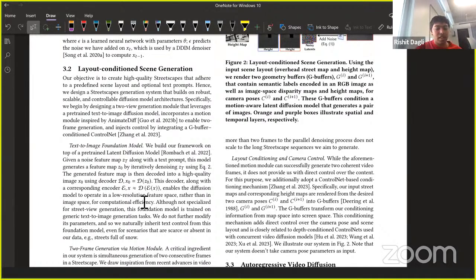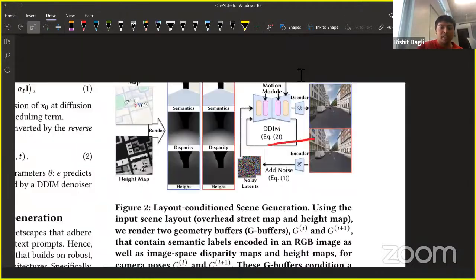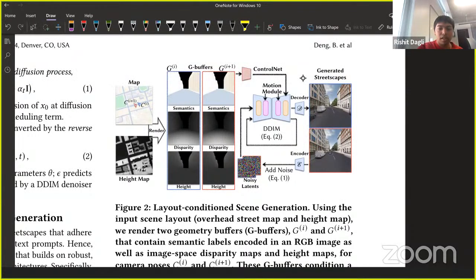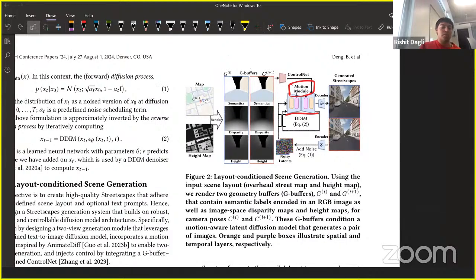First they have this pre-trained backbone, which is Stable Diffusion, and then they have this additional thing called a motion module. So this is where I guess most of their interesting stuff comes from. What you do is you have this motion module, which is trained to generate two images at a